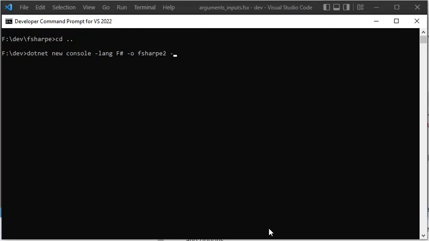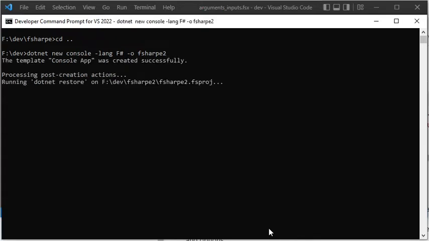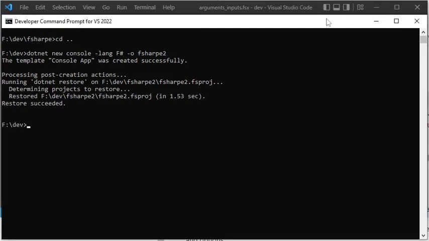In addition, I could use the flag --framework to specify an explicit framework version, but I will instead generate a project with the default version, which here will be .NET 6, which I will soon show in the project file with the file extension .fsproj. The command I now was running generated a new project in the F#2 directory.